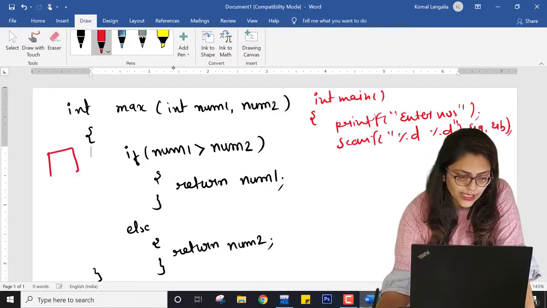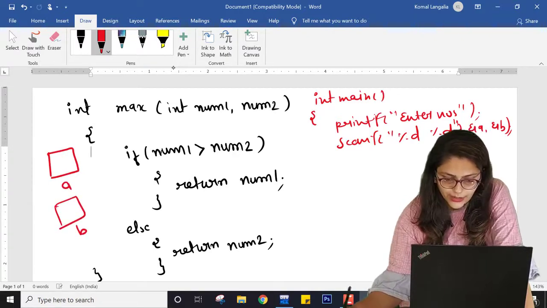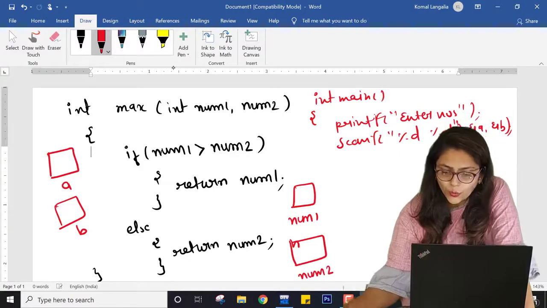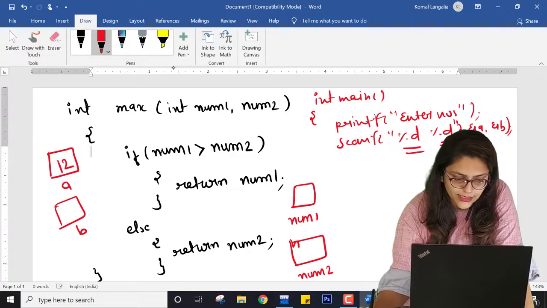So here inside we are creating four variables a, b and num1 and num2, right? So when user is entering two numbers, whatever I have entered, 12 and 6, will be stored to